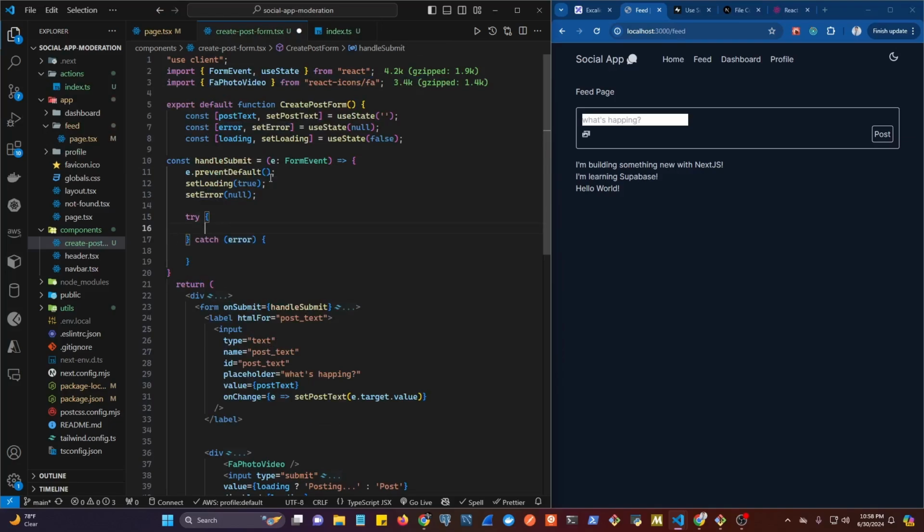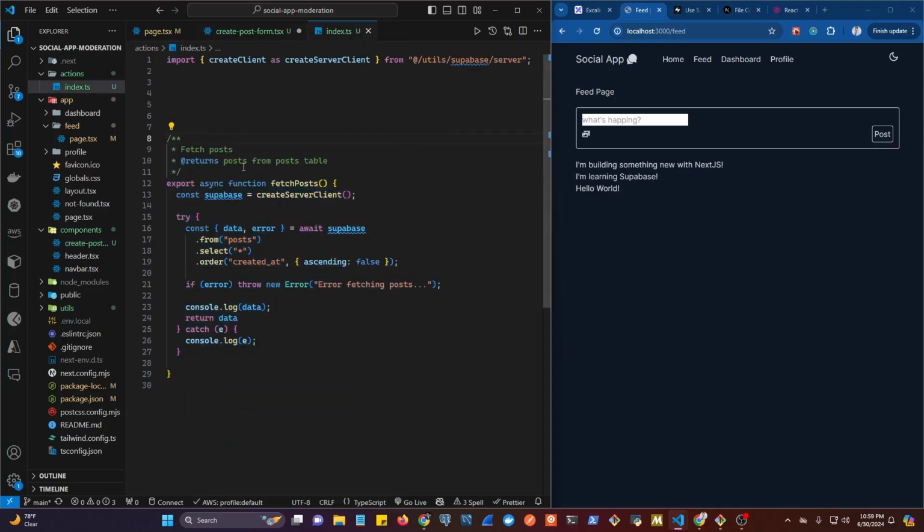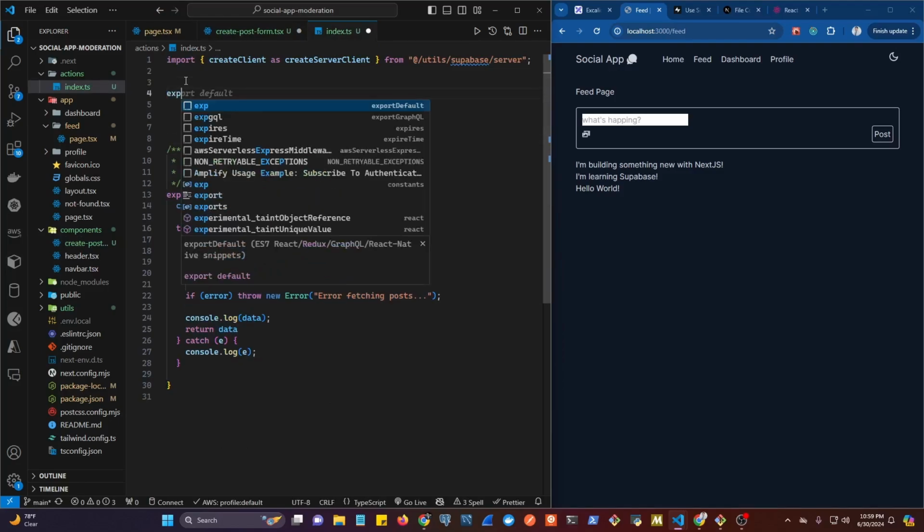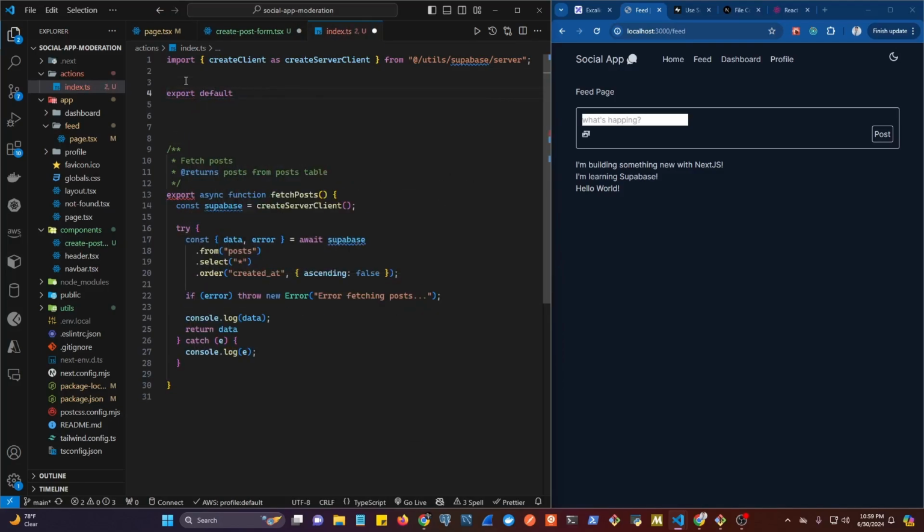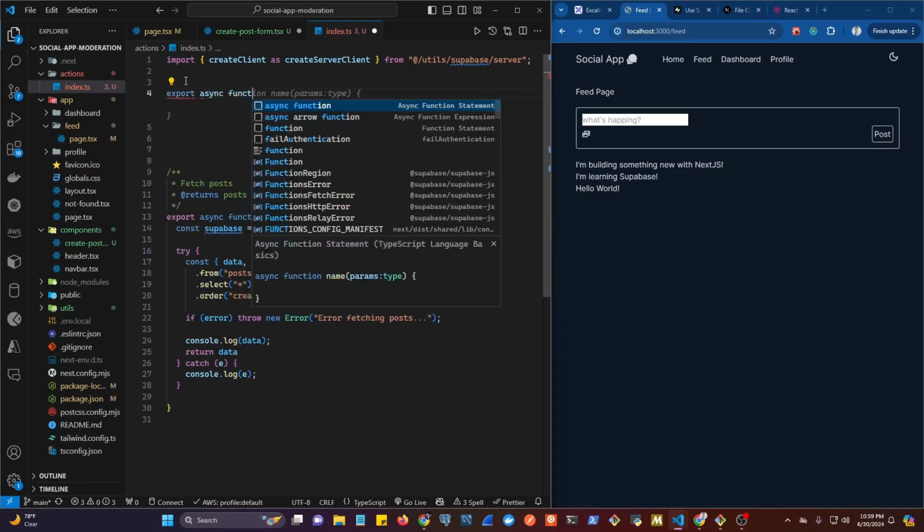So in the try, here's where we're going to make the call to our backend. For that, we're going to be calling a function called moderate. So actually, let's just declare it in here. We're not going to work on it in this video; we're going to work on it in the next video. So let's have our moderate. Let's export, not default, so let's export async function